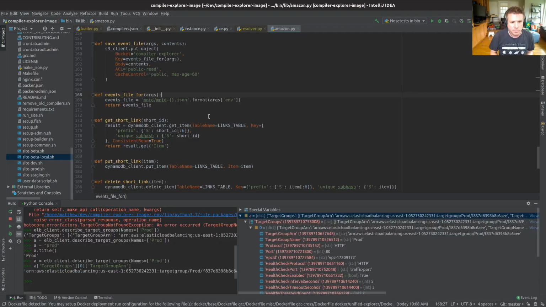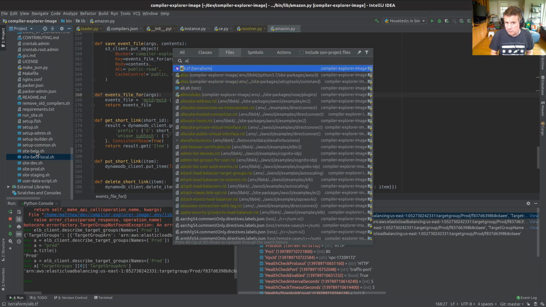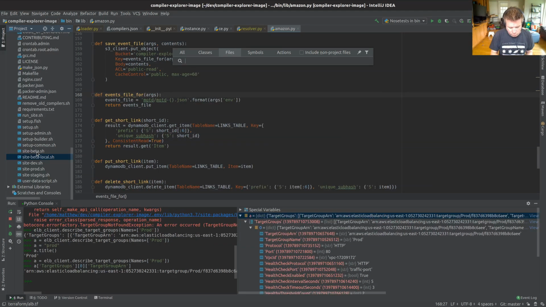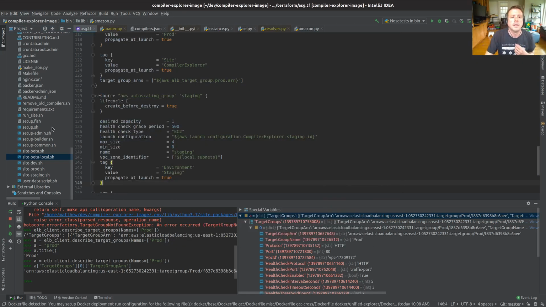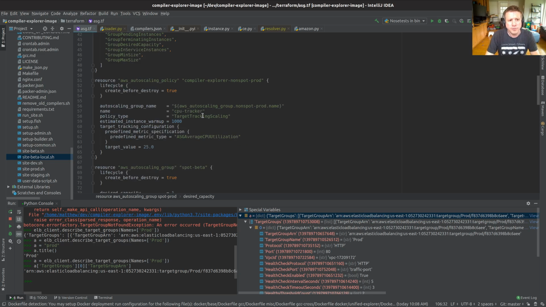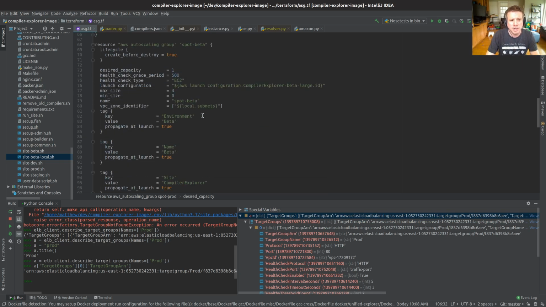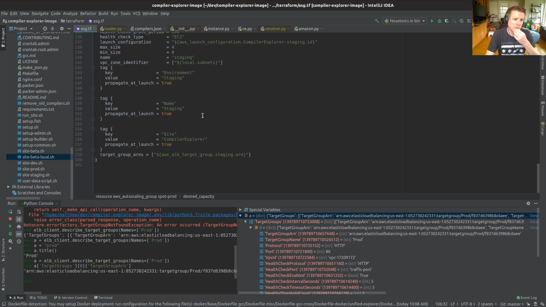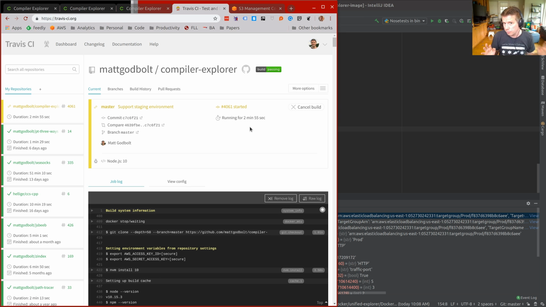Let me go back over to this thing here. ALB, no, auto scaling groups. So desired capacity equals 1, and equals 1 there. I don't know whether desired capacity is something that magically gets propagated all the time or not, because obviously if we've scaled up, if there are like 5 nodes running because we're under heavy load, I don't want, when I do a Terraform deploy, it to then go, oh no, I only want one of them to be running. That would be daft. So I'll have to think about that.